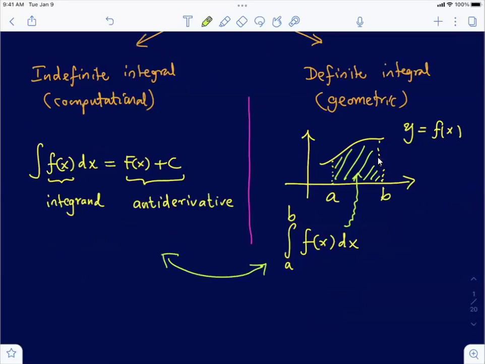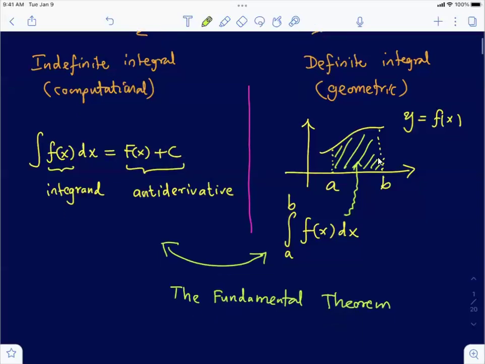But this connection, the link between these two, is what we call the fundamental theorem of calculus. And more precisely, we consider part one of the fundamental theorem of calculus. There will be two parts, and we will cover both of them in this lesson. And with this, we will see both of those directions in consideration. And